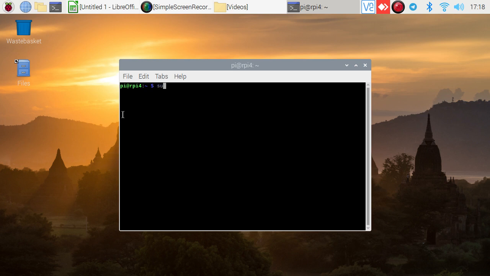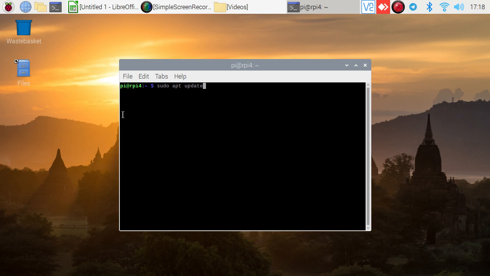So it's sudo. That's short for super user do. It's like giving yourself administrative privileges to do things. So you're elevating what you can do by using the word sudo. Super user do, sudo, and then apt, advanced packaging tool, I think it's called, sudo apt update. Okay, so that's all we have to type in here, sudo apt update, and that will go away and